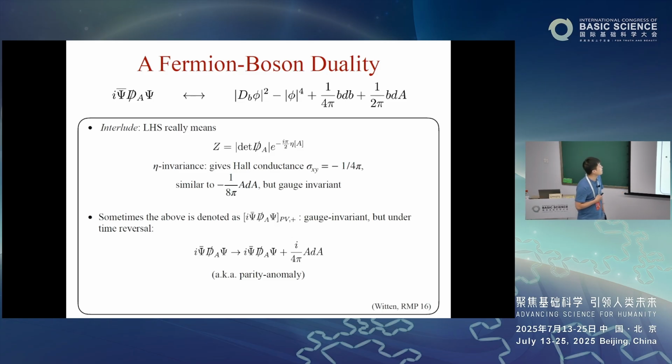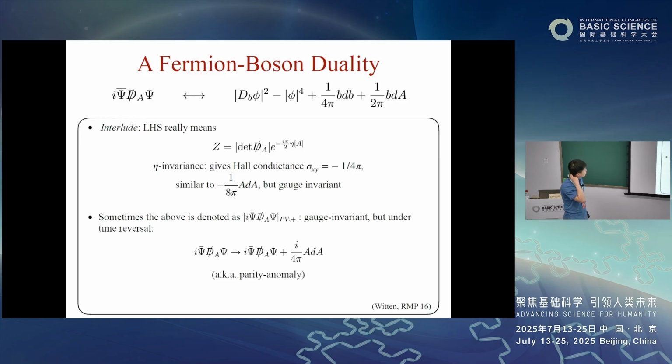So here's the statement. Now this is a much simpler field theory, actually, just a free Dirac fermion, a free two-component Dirac fermion in 3 dimensions, in 2+1 dimensions. And the statement is that this is also dual to an abelian Higgs theory. A Higgs field phi, a complex scalar, now coupled to a dynamical gauge field little b. It's almost the same as in the previous duality. The only difference is that now you have an additional Chern-Simons term in your action, b db. It turns out that this Chern-Simons term changes pretty much everything.